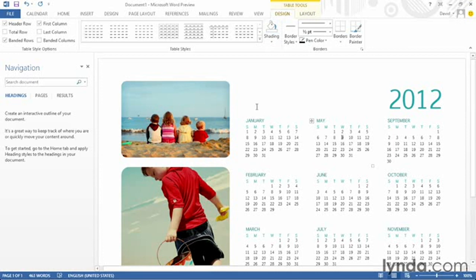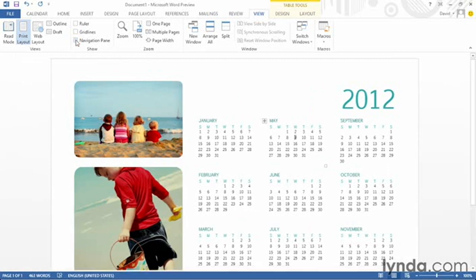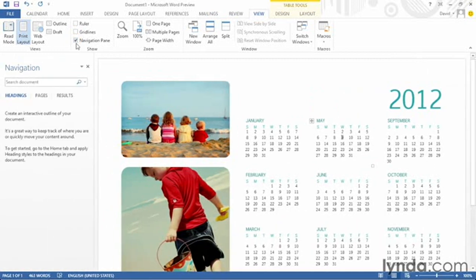The navigation pane over here on the left-hand side is open by default, giving you some navigation options through different types of documents. It appears there by default, but you don't have to display it. You can still go to the View tab on the ribbon and deselect the navigation pane checkbox if you don't use it. Bring it back by clicking the same checkbox if you do. And lastly, down at the very bottom on the status bar is access to a new